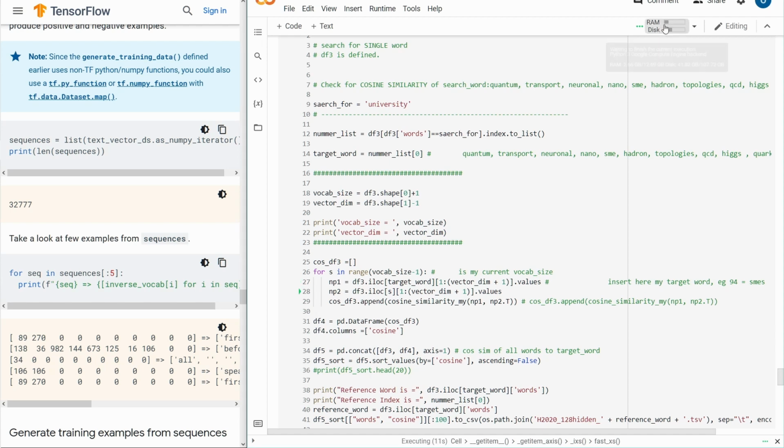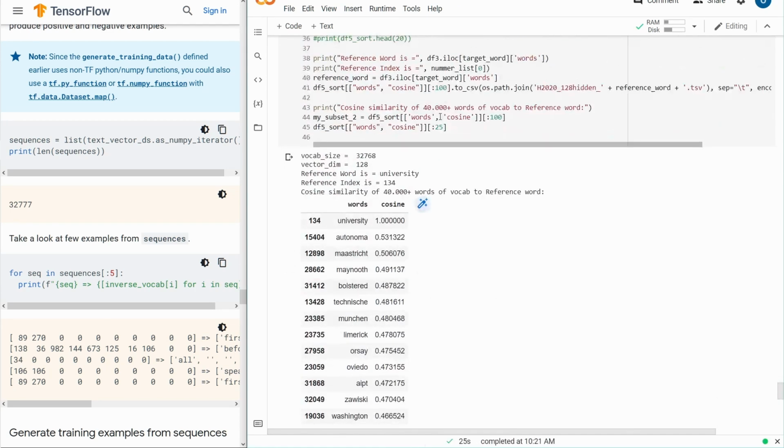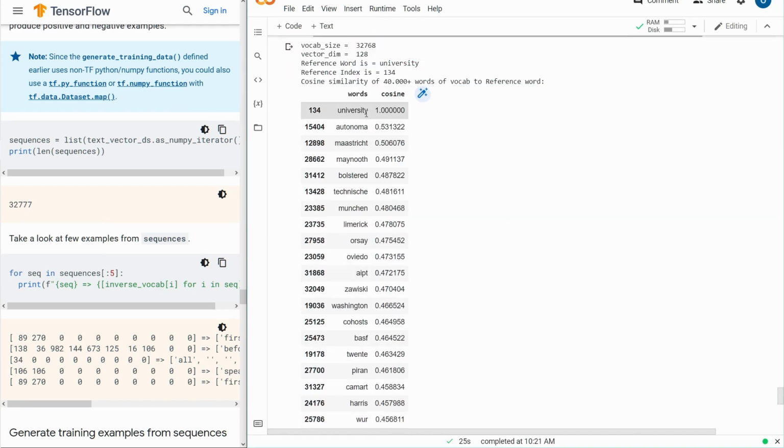But remember, we are running here under free COLAB. We just used 10 gigabytes of RAM. And the training happened in, I think, 5 minutes. So of course, this is just a demonstration of the ability of the system, but I think it is quite nice. So we have University,